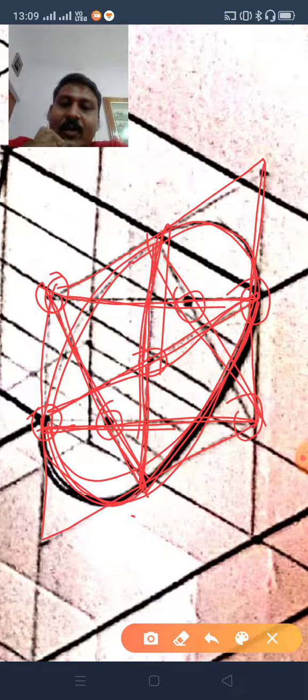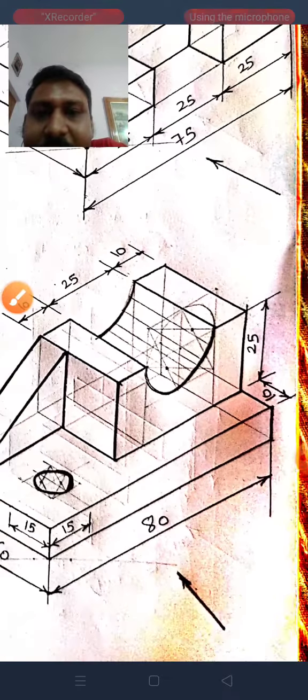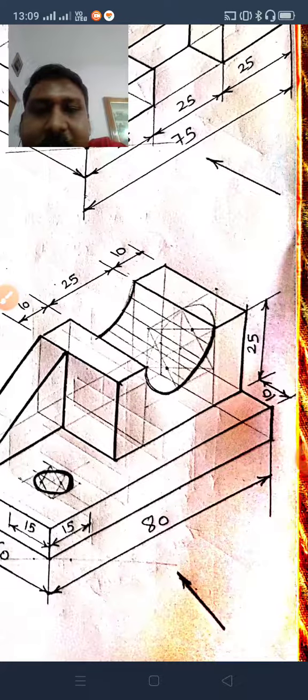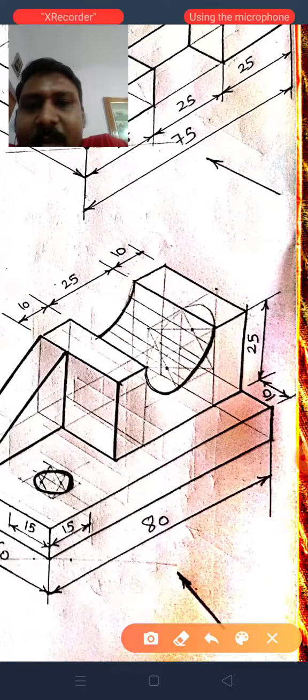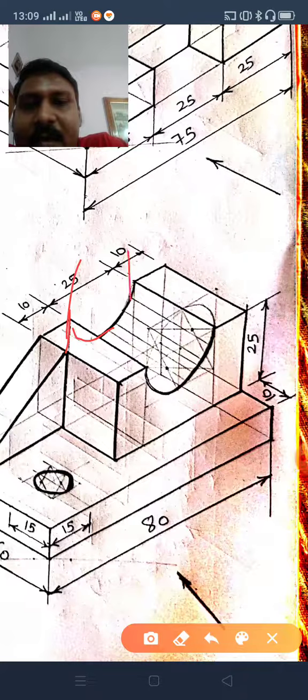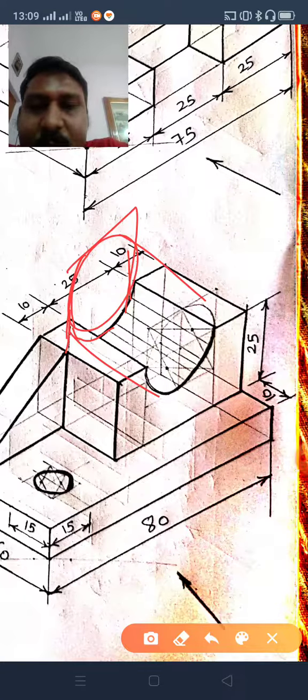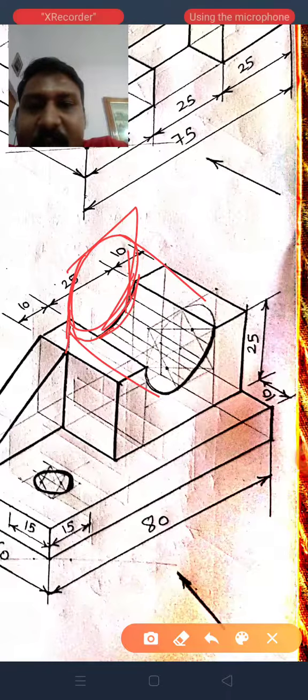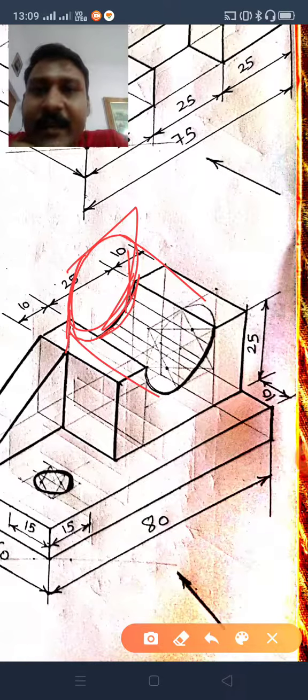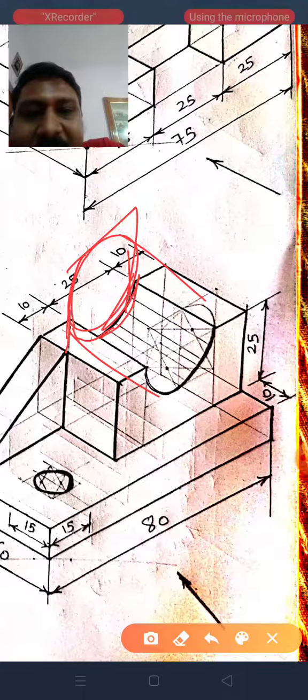Okay, now let us see. I have drawn this similar kind of semicircle or ellipse, and it will be here also. Likewise, if you draw this block, you will be getting an ellipse here also, like this, but all these things will not be visible, only this much portion is visible. So no need to do that many steps. Very easy. I am telling you, just take a few points.